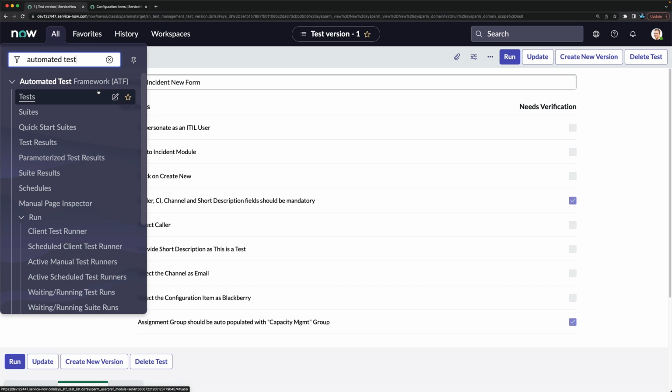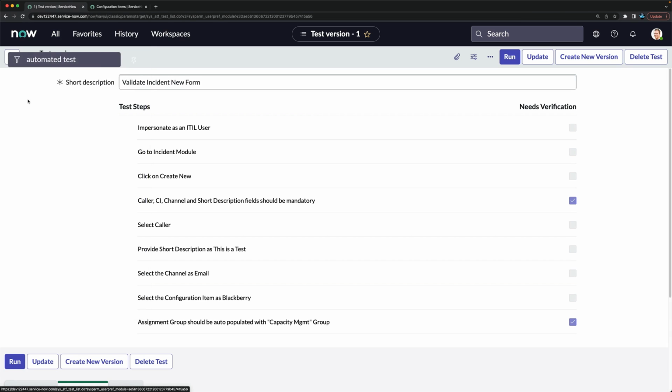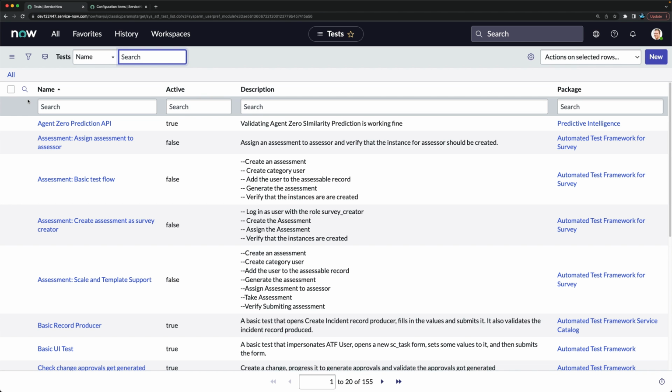So here we have the Automated Test Framework, which is an application in ServiceNow to perform automation testing. Now, how are we going to convert this? Let's see that. For that, I will go to Tests, and I will create a new test. So I will click on New,